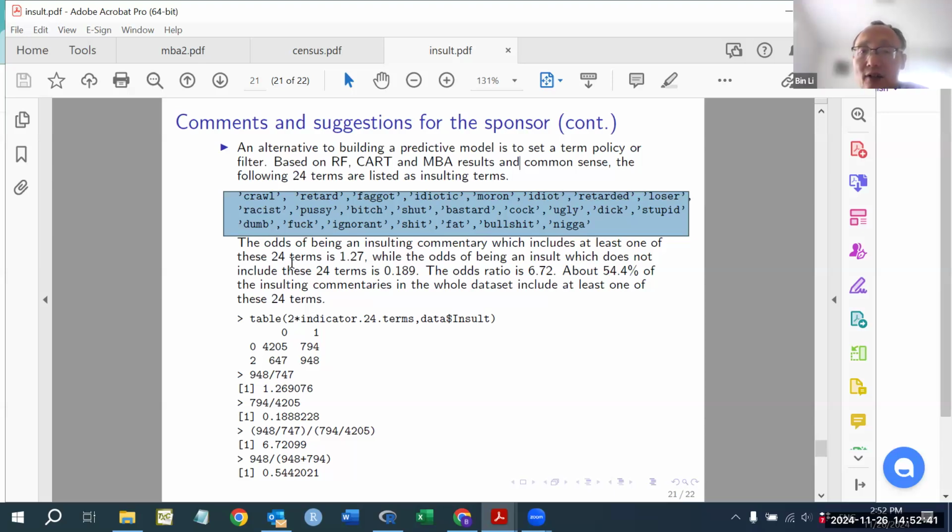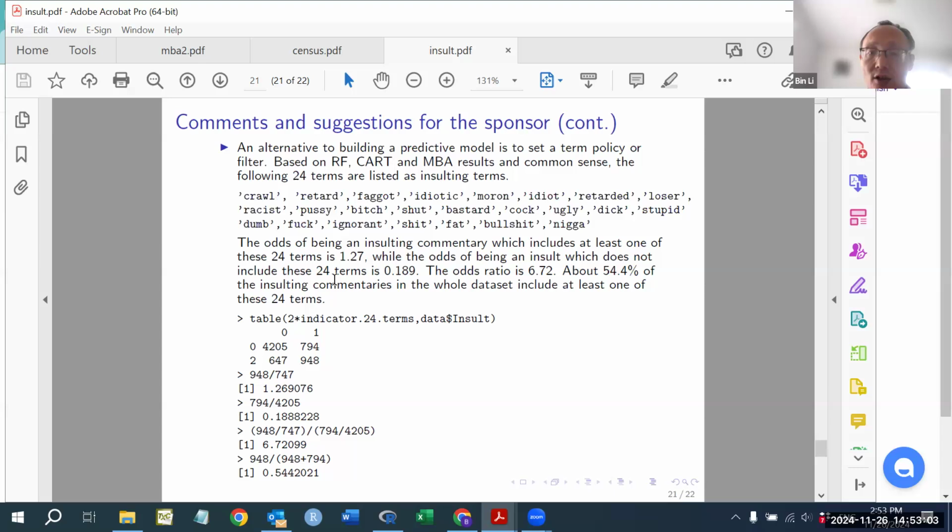Okay, so these are based on the random forest relative variable importance plot, the CART splitting variables, and also the MBA's results. So these are the bag of words that appeared in at least two out of these three